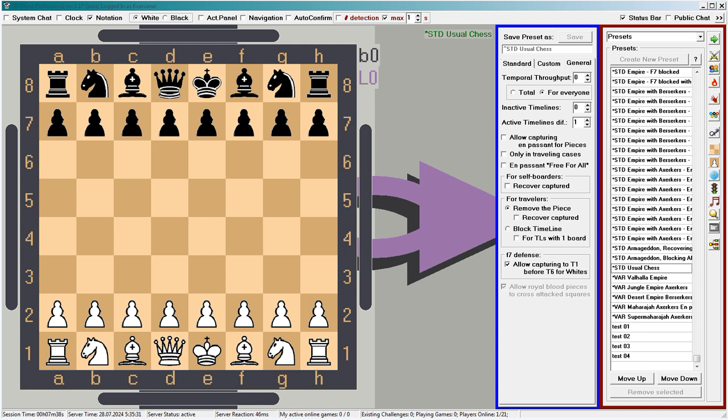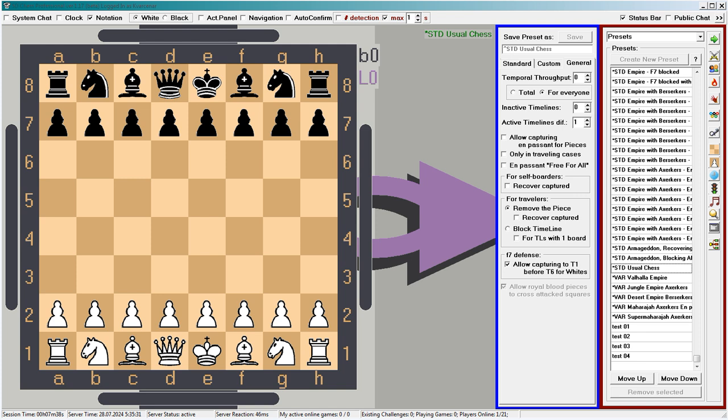The next group of parameters was conceived as a way to make the game more balanced, as the right to the first move probably gives a significant advantage to white, which black does not always manage to neutralize. But besides better balance, these parameters bring new variety to the game and make it much more interesting. The first parameter, which activates its entire subgroup, is allow en passant capturing for pieces.